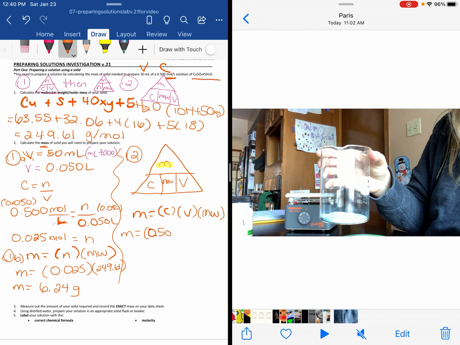Which, let's say you were going to be a SciTap student, this might be how you would want to write the formula. Okay,